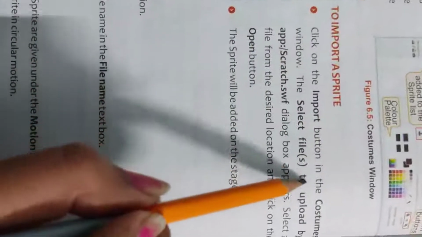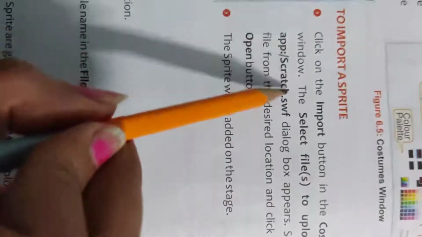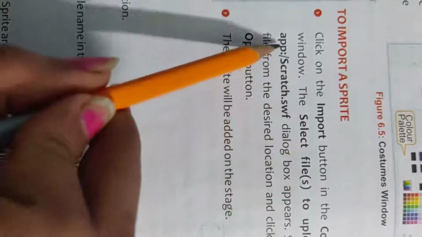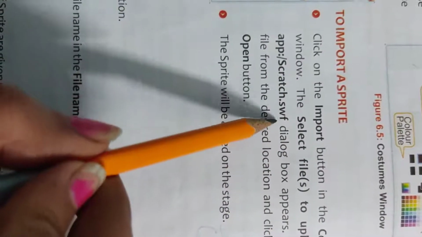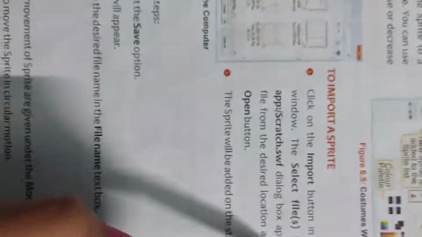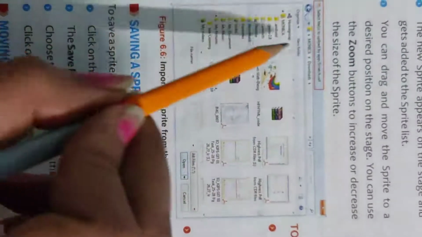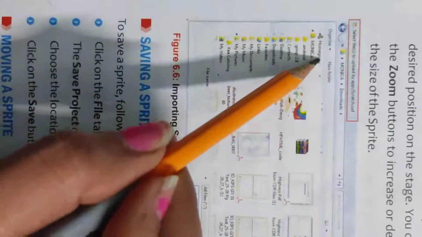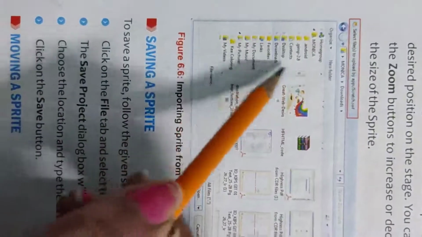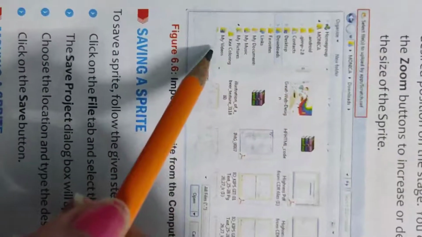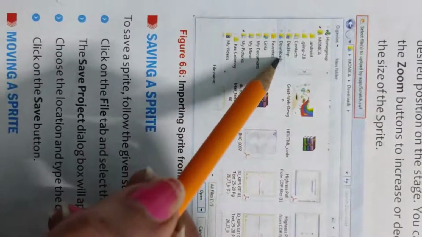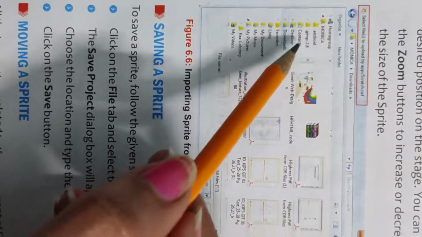Click on the import button in the costumes window. The select file to upload dialog box appears. Now you can see this type of dialog box will appear from where you can import. Import means you select where your file is kept, which picture, where your file is saved, in downloads or on desktop, wherever it is saved.